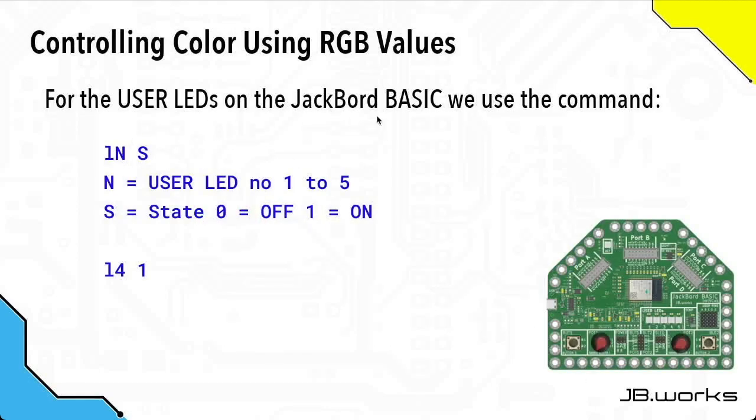So far, to control the user LEDs on the JackBord BASIC, we've used basically L N space S, where L is the port L, and so L1 space 1 turns user LED number 1 on. L4 space 1 turns user LED 4 on. So essentially the only states we've had are on or off, which basically means no light or white